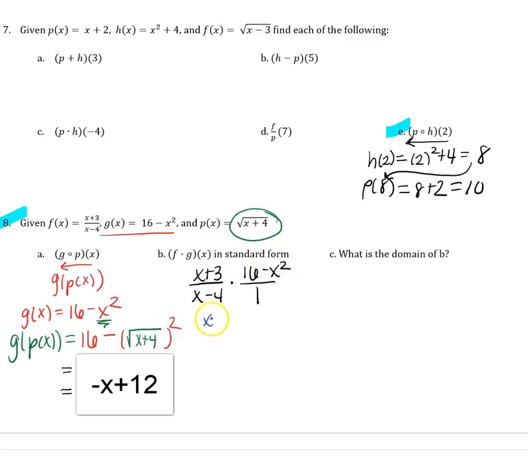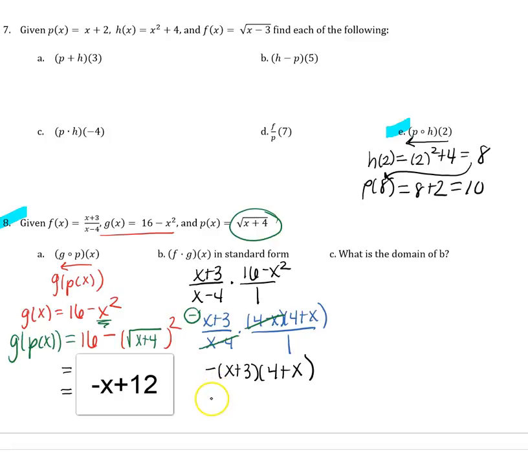So I've got x plus 3 over x minus 4 times 4 minus x times 4 plus x. And I see right here I can cancel x minus 4 with 4 minus x, but it cancels to a negative. So my final answer is the negative x plus 3 times 4 plus x,